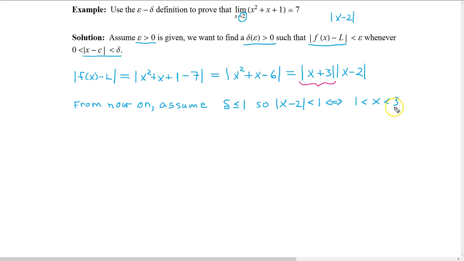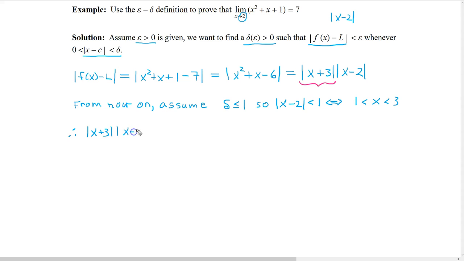Now what this is going to do is allow us to find a bound on the x plus 3. So if we assume our delta is always going to be chosen less than 1, no matter what epsilon is picked to be, this implies then that